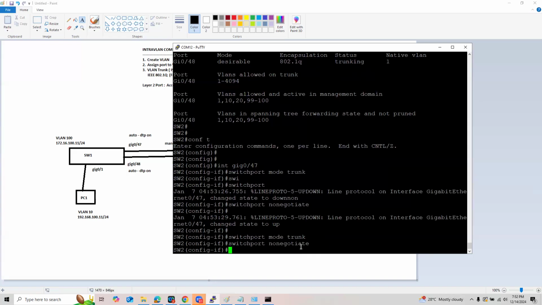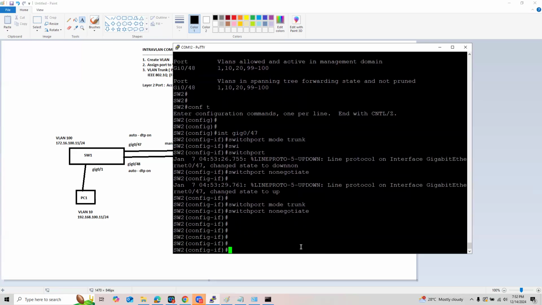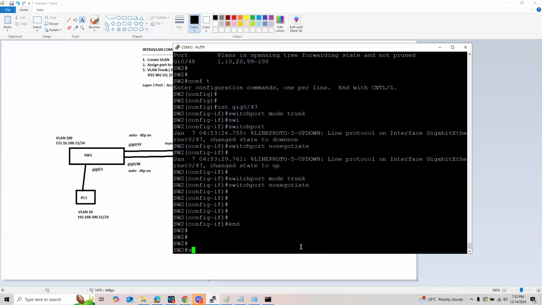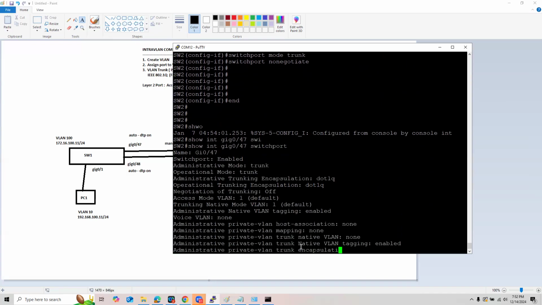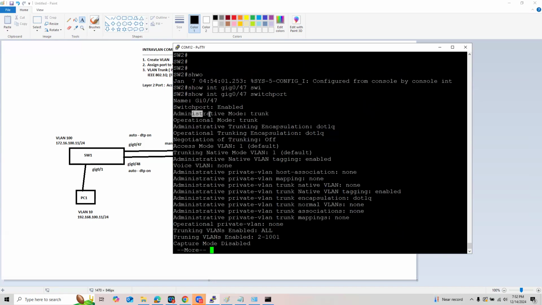Okay? So, let's check that. Show interface gigabit 0/47 switchport. You will notice, guys, that its administrative mode is trunk. It's also a trunk right now. But you will notice that the negotiation of trunking is off.